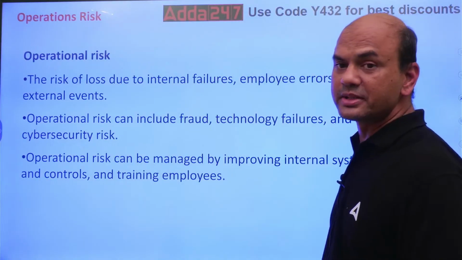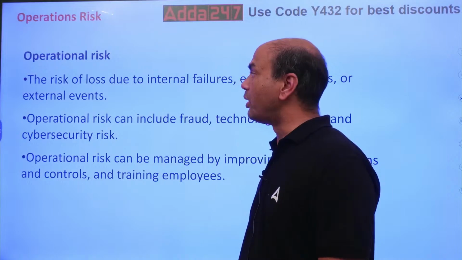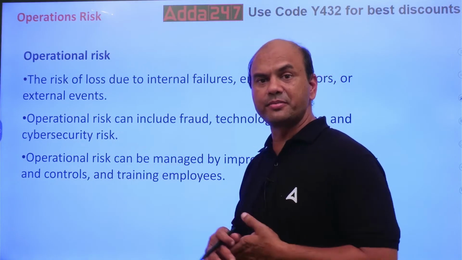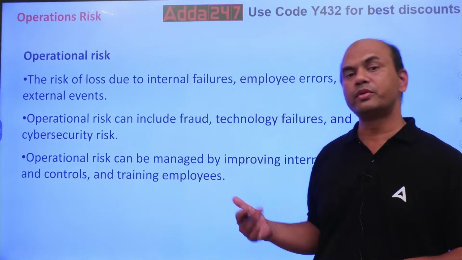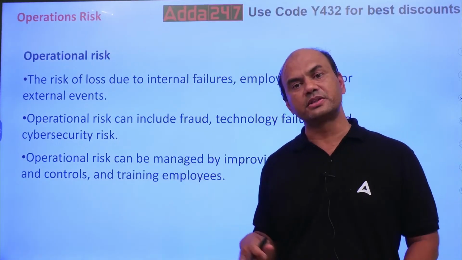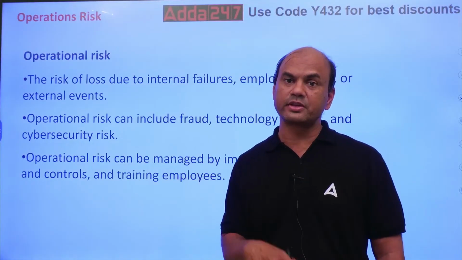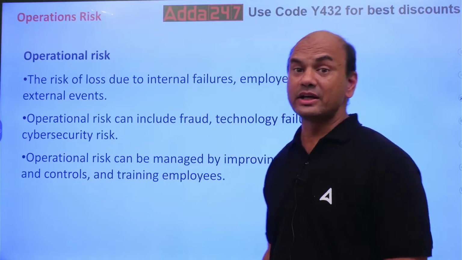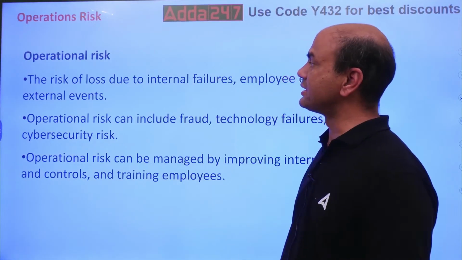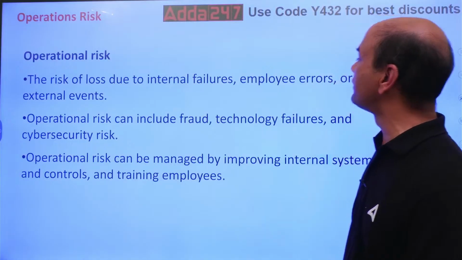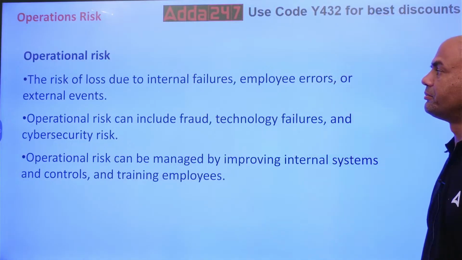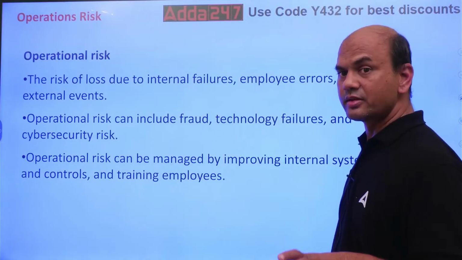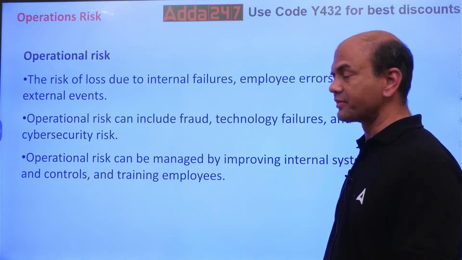Now, let's do some theory part. Operational risk here. Questions we did. Now I have reversed this time. Every time we first cover the theory, then the objectives. Now we have covered the objectives first, now the theory. Let's see how you like it, isn't it? Operational risk: the risk of loss due to internal failures. In fact, I am having some questions. Don't think that questions are over. Few questions I will still be taking.